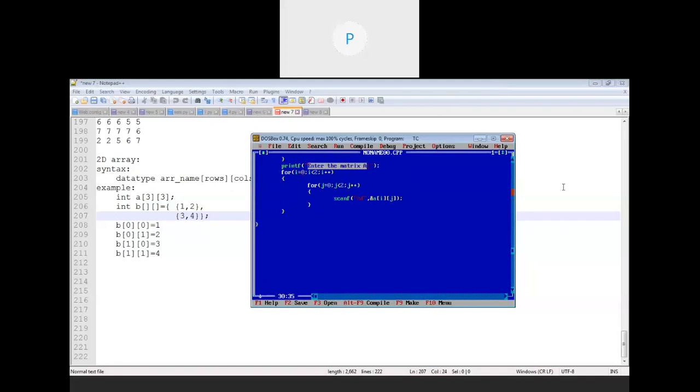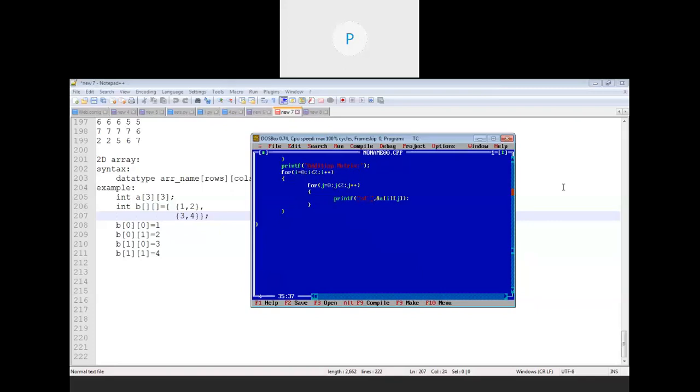So we'll say addition matrix is, and here we have to print that matrix.